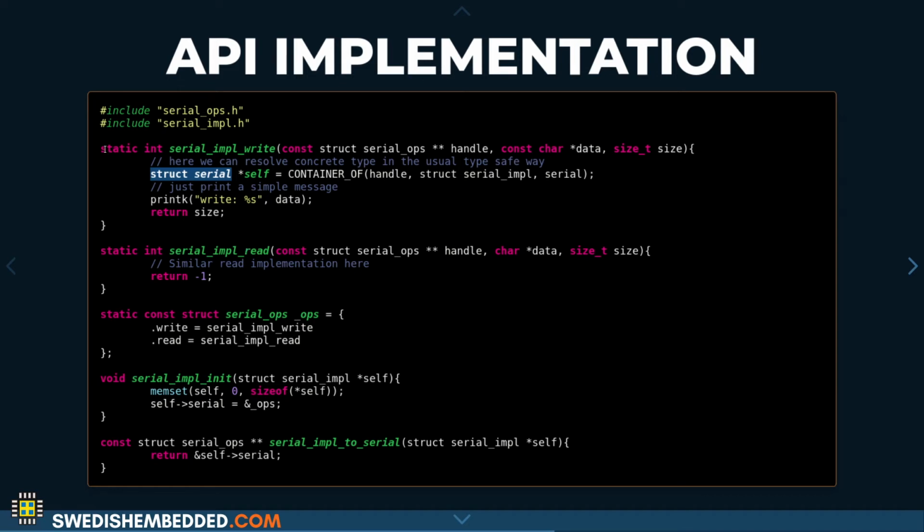So that's it. And these functions are always static. They have the same signature as the methods that we have inside our serial ops. And it is the serial ops that defines the generic operations that we can do on our serial interfaces. So anything that we put there must be generic enough so that it's going to be implemented for every single